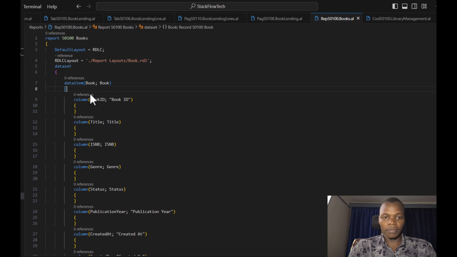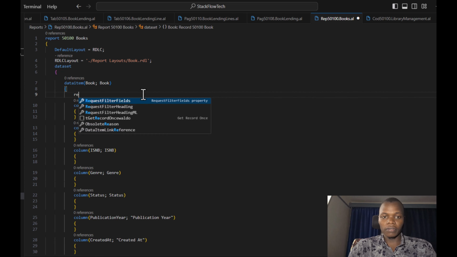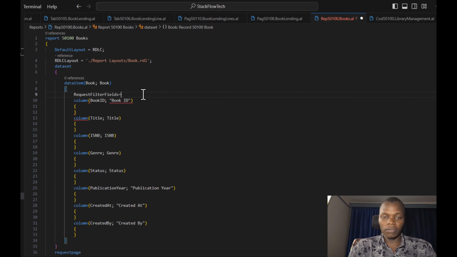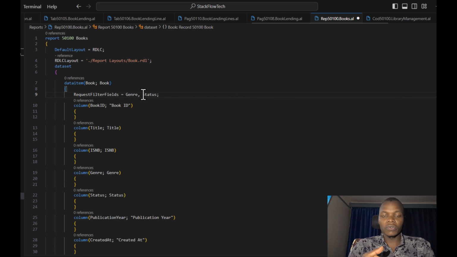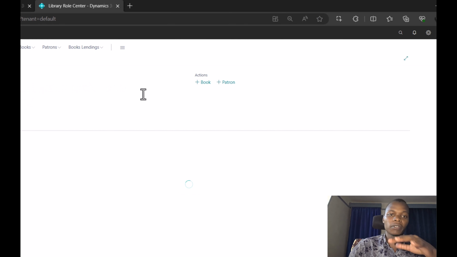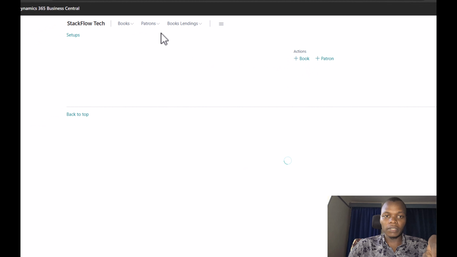Under the data item right here, there is a crucial property called the request filter fields, and then we will use maybe the genre, we'll use the status. These are the filters that we might want to see under our report. Maybe you want those books that have been booked, then you will apply that particular filter. For now,